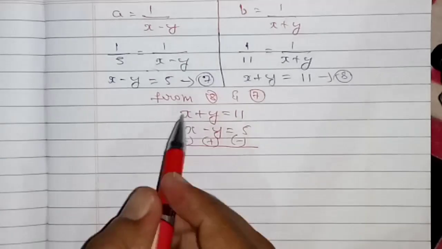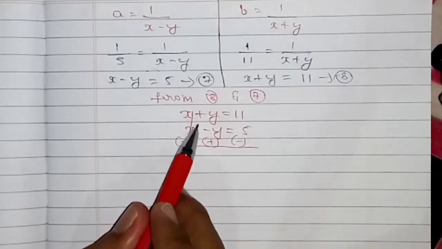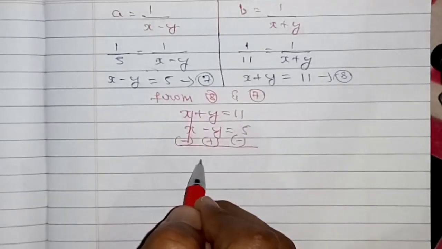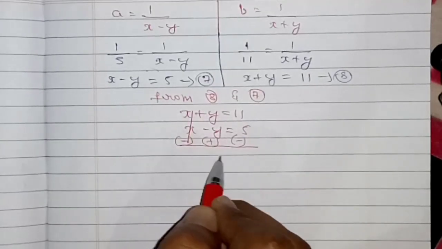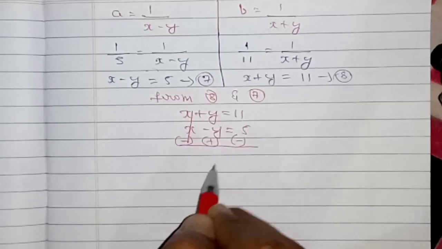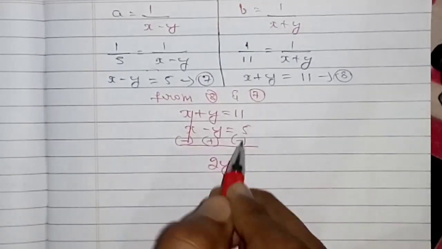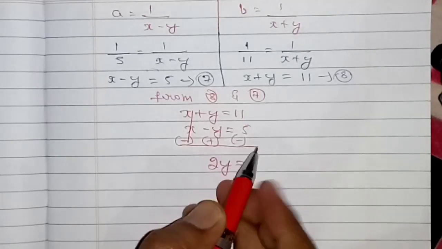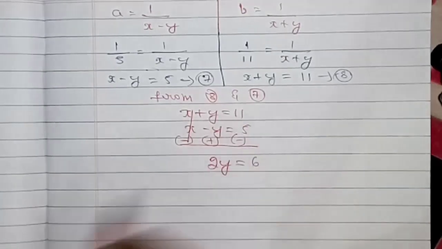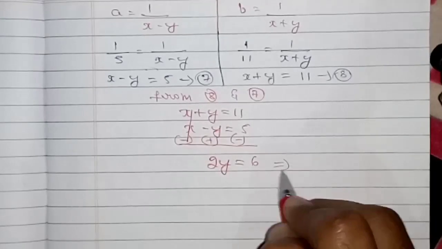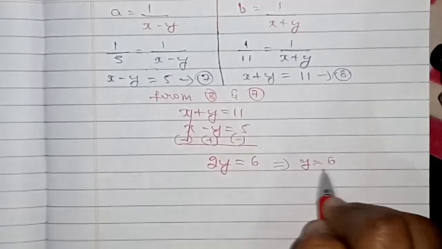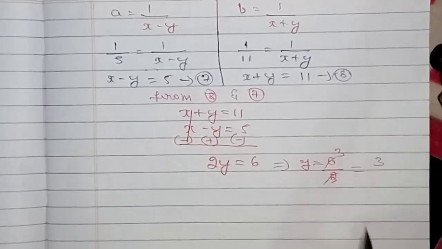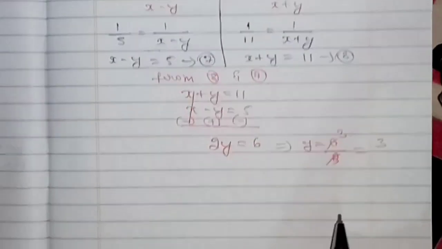Plus into minus is minus, so therefore it gets cancelled. Now here the first one is plus, second one is plus, so plus and plus. Plus into plus is nothing but plus, you need to add. So y plus y is 2y is equals to, now here plus into minus is minus, so therefore you need to subtract. 11 minus 5 is 6. It implies y is equals to 6 by 2. 2 ones are 2, 2 threes are 6. The answer is 3. So this is the value of y, children.